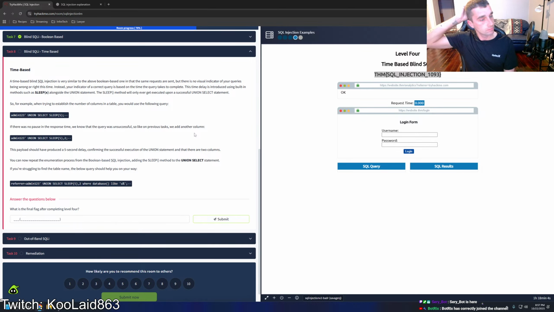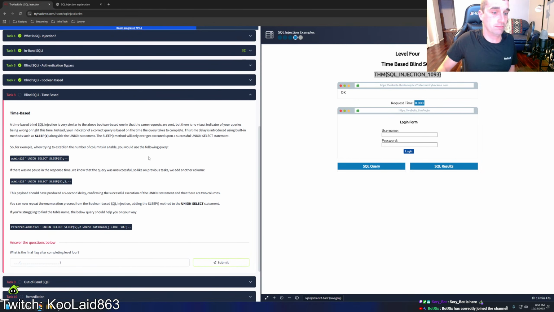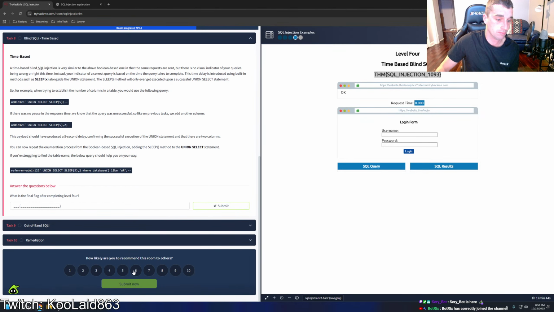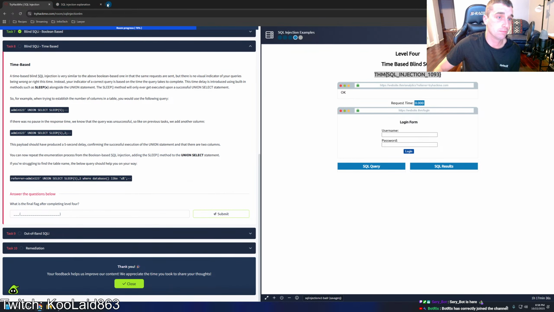A time-based blind SQL injection is very similar to the above Boolean-based one in that the same requests are sent, but there is no visual indicator of your queries being wrong or right this time. Instead, your indicator of a correct query is based on the time the query takes to complete. This time delay is introduced using built-in methods such as sleep(x), alongside the union statement. The sleep method will only ever get executed upon